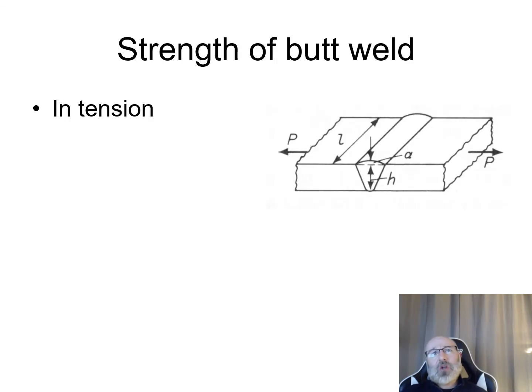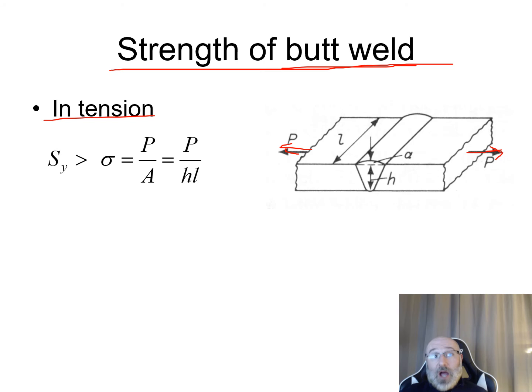So now let's take a look at a butt weld. For this, we want to calculate the strength of our butt weld. If we're dealing with this situation where we're in tension, we have our load P here and our load P over here, pulling this in tension. If we want to find our strength, our S sub y, this needs to be greater than our stress,